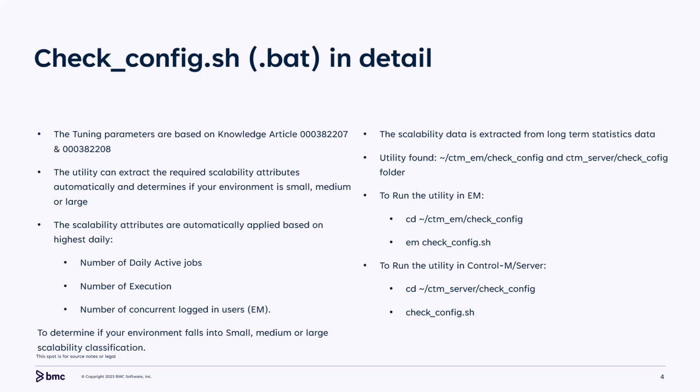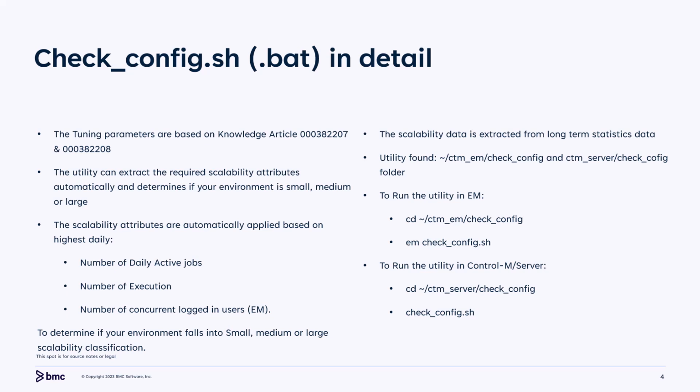The KA scales the tuning parameters into three sizes: small, medium, and large. The utility can automatically assess whether your environment is classified as small, medium, or large by analyzing scaling attributes derived from the data stored in the database. The scaling attributes are number of jobs in the active domain, number of daily executions, and number of concurrent users